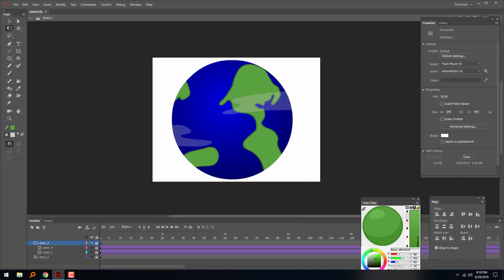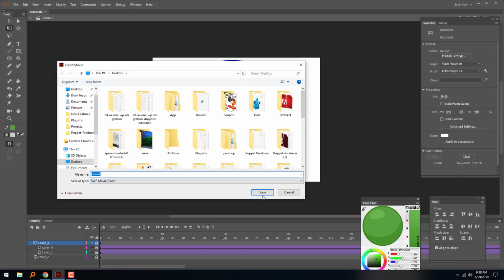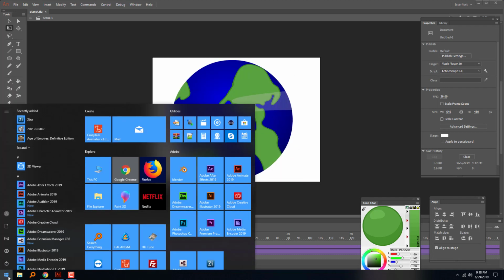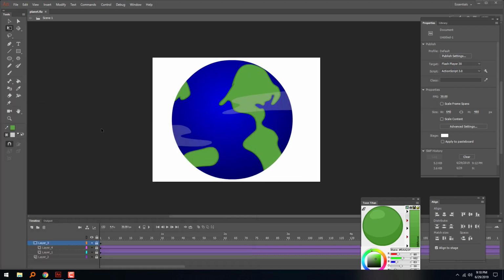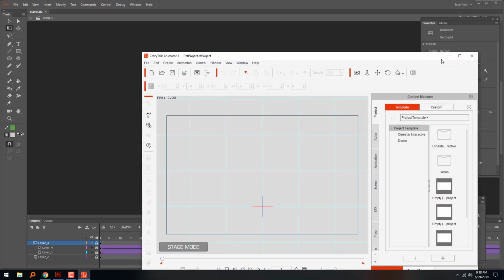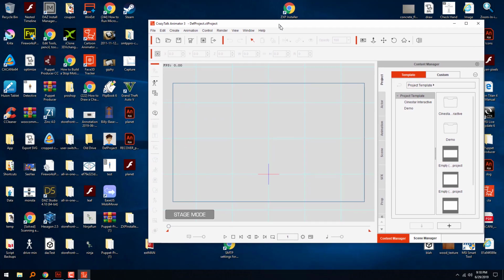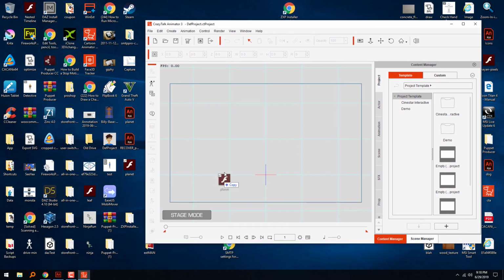And export it, and we're gonna launch CrazyTalk Animator. And that's pretty much all there is to it. I mean, if you're doing this for use inside of Flash, well, you know, you're pretty much done. But if you want to be able to use this inside of CrazyTalk Animator or Cartoon Animator, it's basically the same thing. It's just a matter of bringing in that SWF file, just dropping it in here,